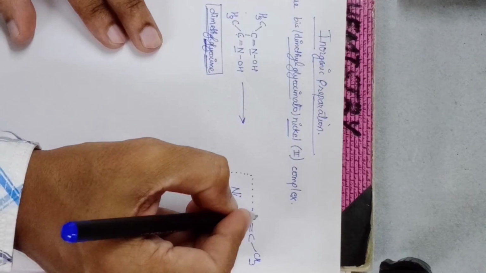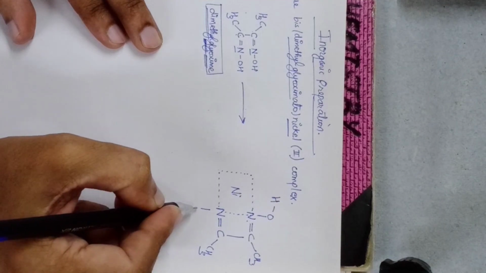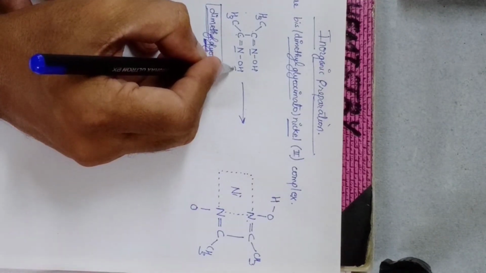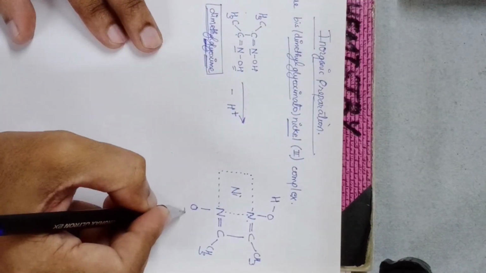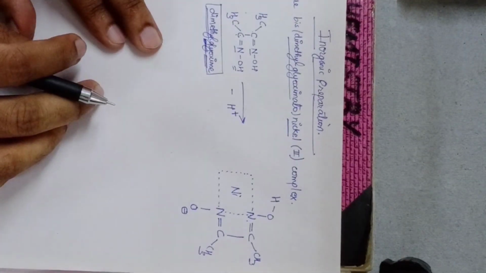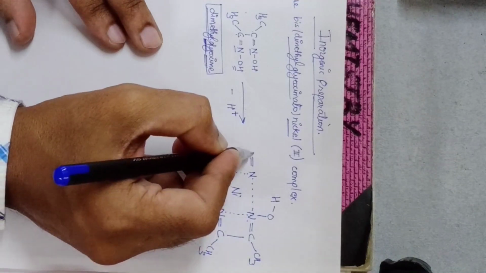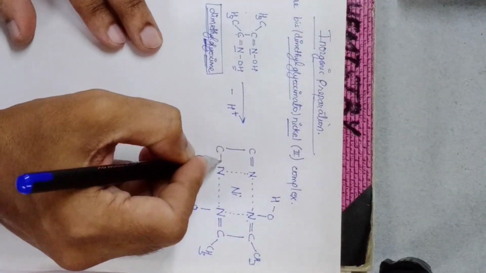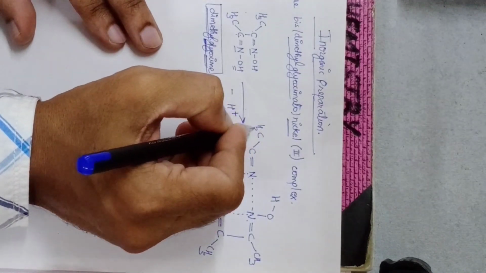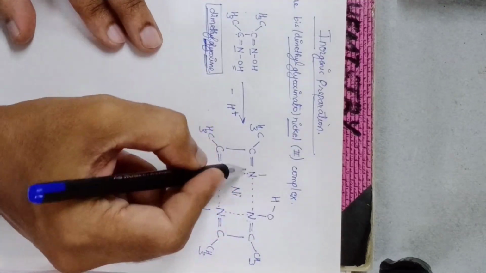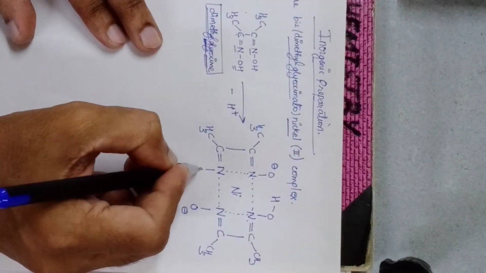Nitrogen is attached to an OH group. This nitrogen is also attached to an OH group, but in this reaction one of the hydrogens is lost as a proton, so minus H+. So this will be O minus. Another dimethylglyoxime molecule will be bonded from this side. So in this complex, there are two dimethylglyoxime ligands that are complexing the metal ion. This molecule will also lose one proton, so one proton is lost from this oxygen, and this is OH.